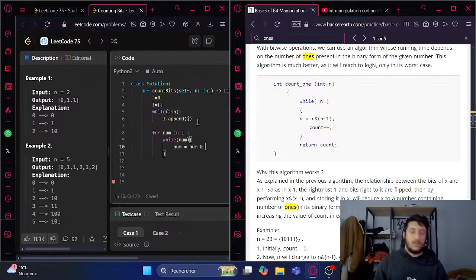num will be num minus 1, and then count will be plus equal 1. Oh yeah, it's a clever idea actually. Okay, so oh okay, so we don't have to do it. Okay. So for